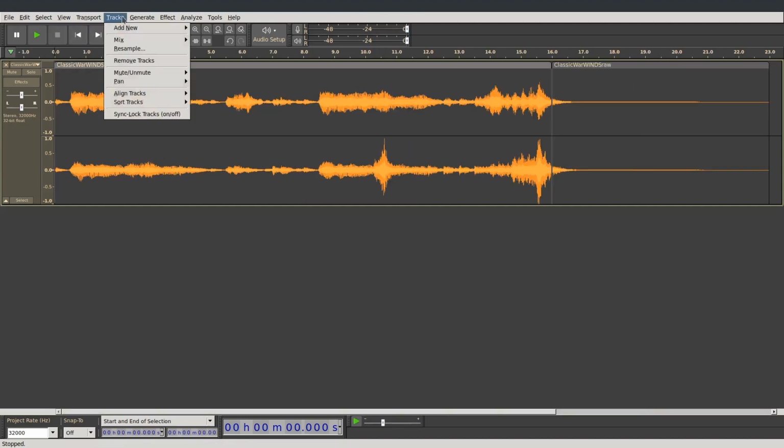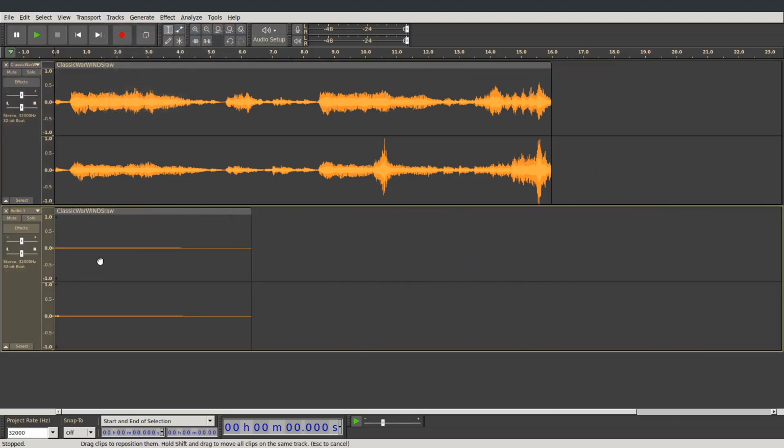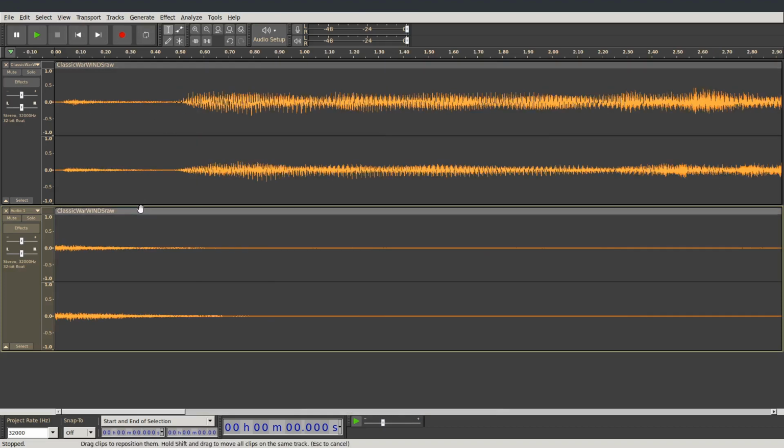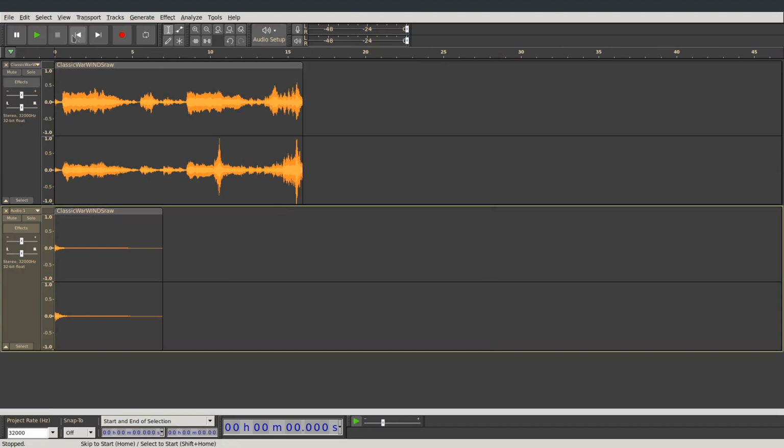So I'm going to add another track. We'll add a new stereo track. And then I'm going to grab this end point. I'm going to drop it down here all the way back at the beginning, and we'll have it snap right to the start. So we want this to lock in and snap right there. And now we have essentially a loop. If we hit play,